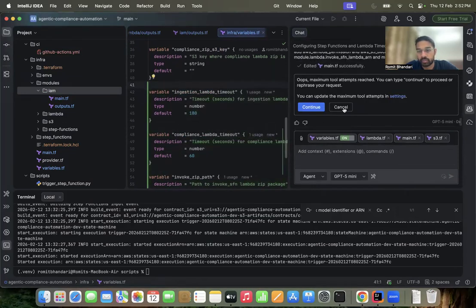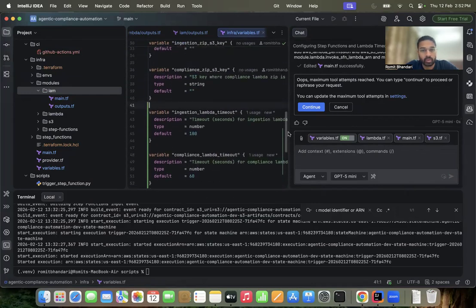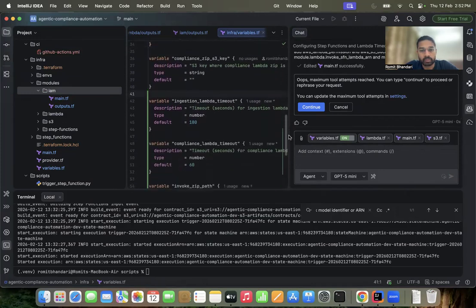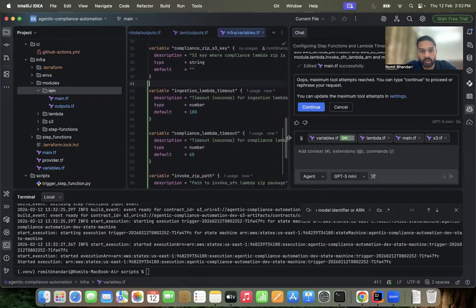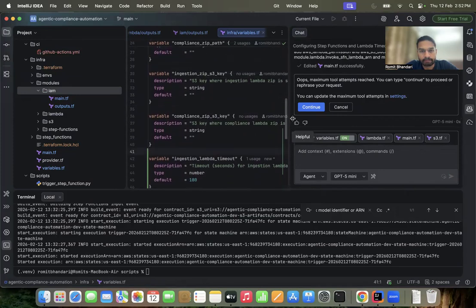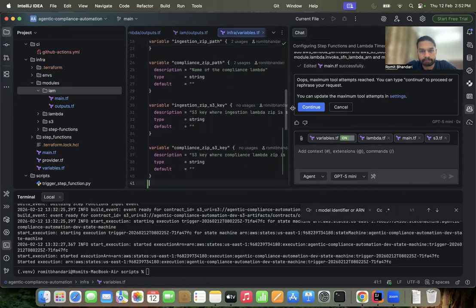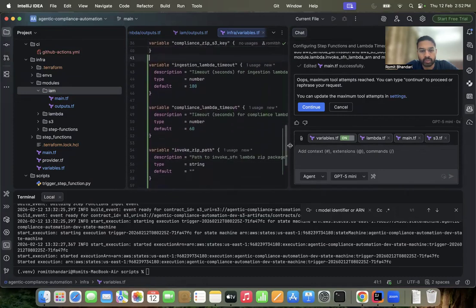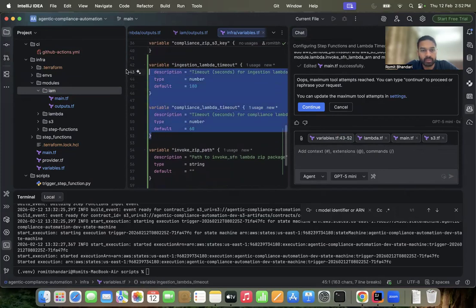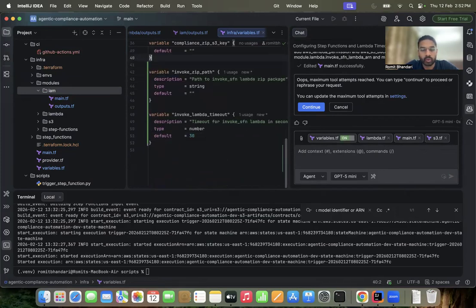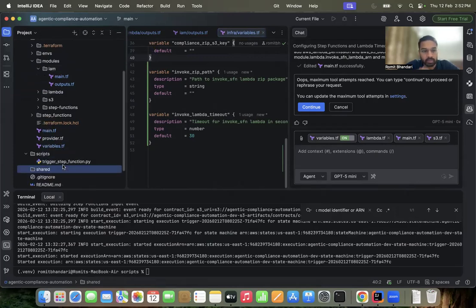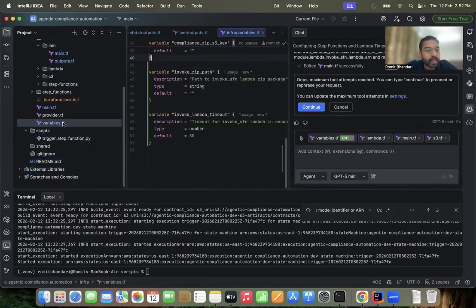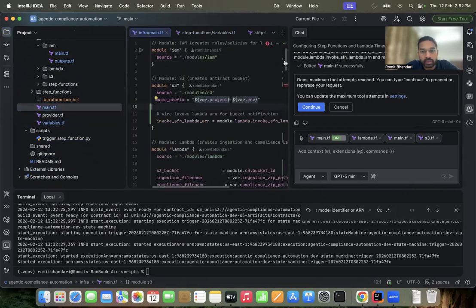Okay, so we have infra variables very similar to the other lambdas it would have done. Okay, I think we need only the invoke zip path. These variables generally we don't need to be given from the user, so I'll remove that. Okay, to keep it simple. Okay, then we have